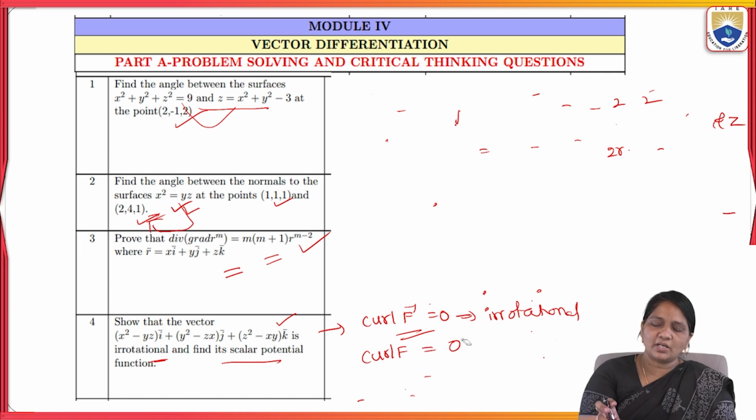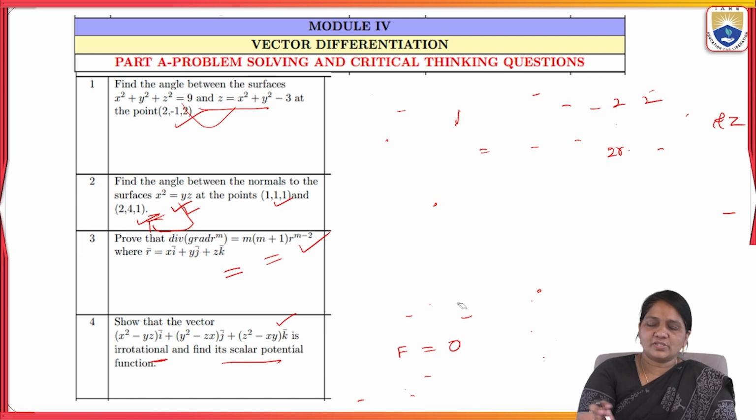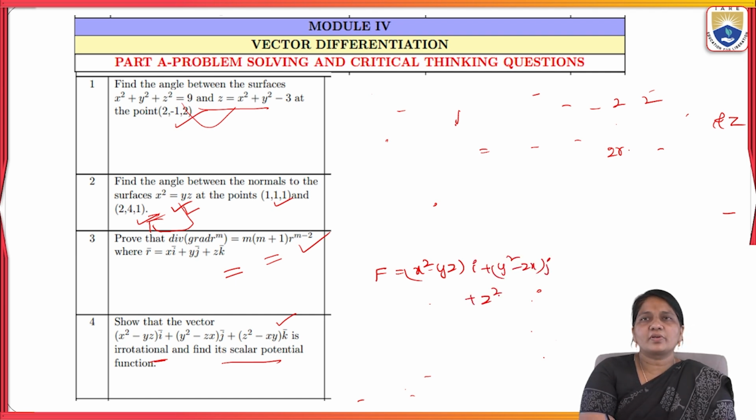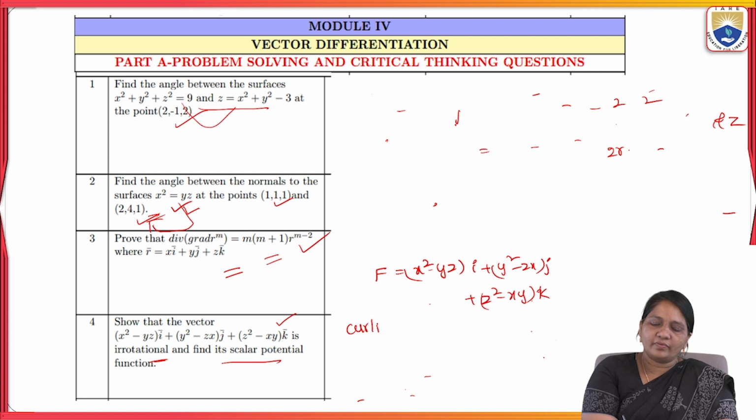That means, what is the curl F here? So first we have to write what are the functions we are having here. So F equal to (x square minus yz) into i plus (y square minus zx) into j plus (z square minus xy) into k. So here first we are taking curl F is equal to 0, that is